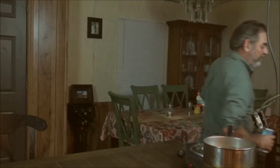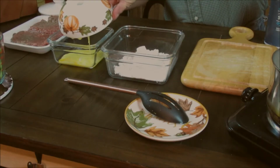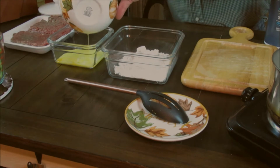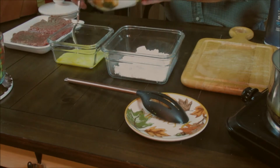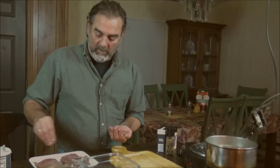Now we're going to move on. So what we're going to be doing is dredging and coating our cube steaks. So we take 1 egg and beat it well. And that's where we'll be dipping our cube steaks. First thing we do is season cube steaks, some salt,